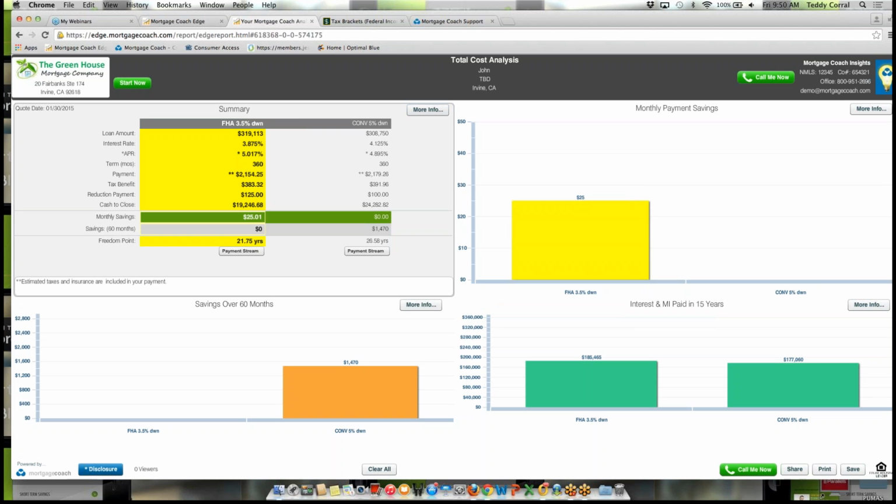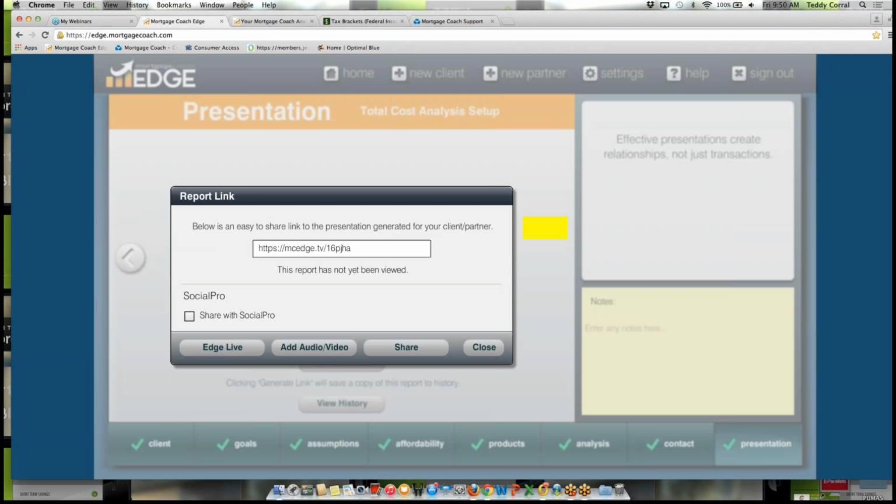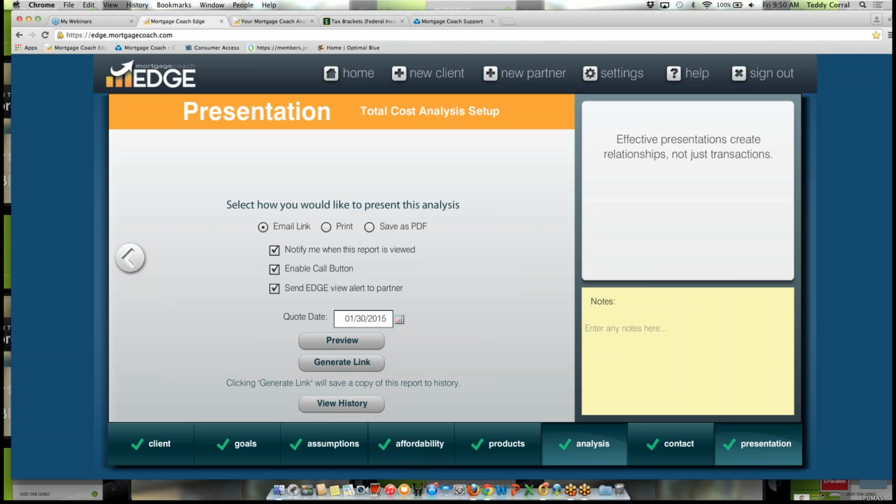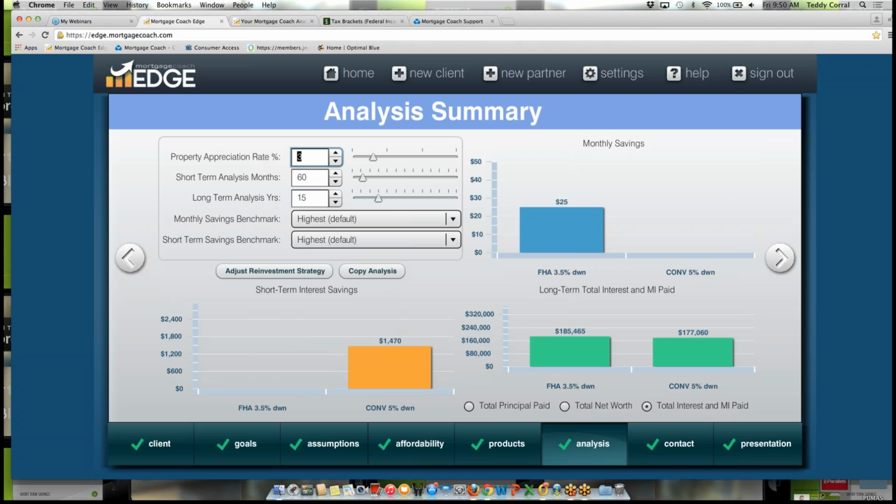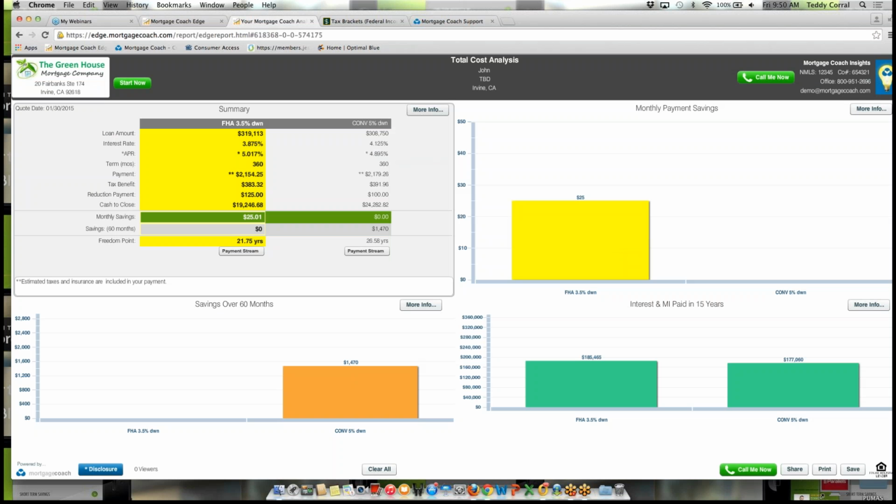Okay. If you recall, and I'm going right back into Edge, I'm going to close this out, and I go to my analysis screen. This is where we're finalizing everything for them. Okay, just making sure this is all correct, right, before we get to the final stage of this analysis here. Under each quadrant here, and I'm just going to use the summary section as an example, if I click on the More Info button,